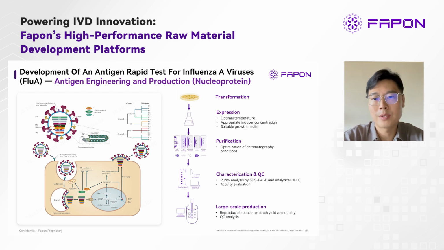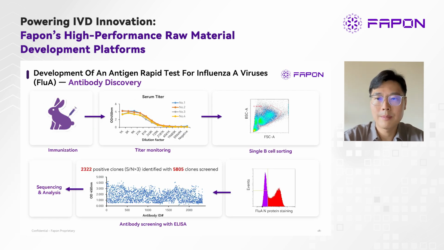After the sequence is designed, we quickly moved to antigen production, following the protein production and purification workflow. The process is also shown on the right side. After going through and optimizing some key steps from transformation all the way to downstream development, we were able to successfully manufacture this protein with a pretty good yield and function. In the next step, we move forward to the antibody discovery.